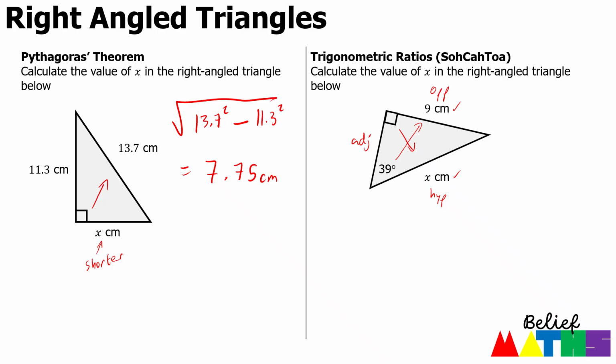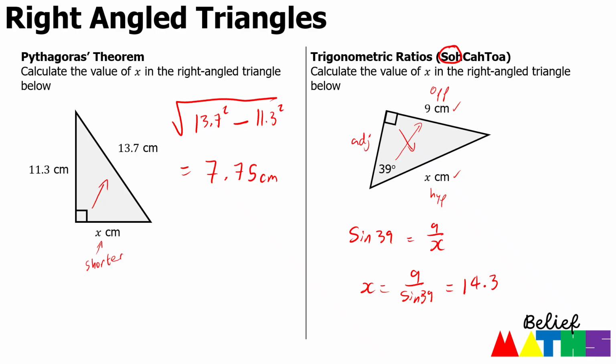So we need to use O and H, so in this case we're going to use sine. Sine of 39 is equal to the opposite over the hypotenuse, 9 over x. Now because x is on the bottom, this tends to be the one that causes the most confusion, but because x is on the bottom you can simply swap the x with the sine 39 and you get x equals 9 divided by sine 39, and then we put that into our calculator and we get 9 divided by sine of 39, and we get